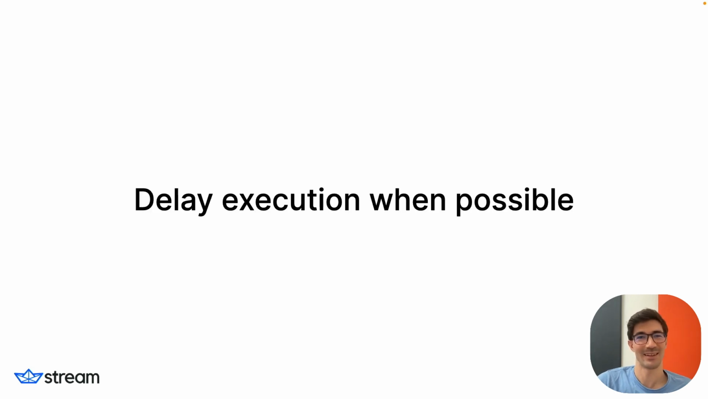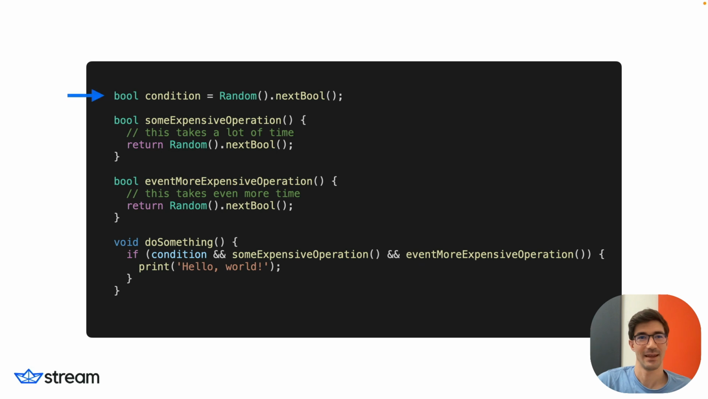You can also be clever in the way that you do your execution. If it's not necessary to compute something, then don't. Let's take a look at an example. In this example, we have a simple condition and two expensive operations. If the condition is true, only then will we call the first expensive operation, and only if that is also true will we call the second. If the first condition was false, we will never call the expensive operations, and as a result, we saved on